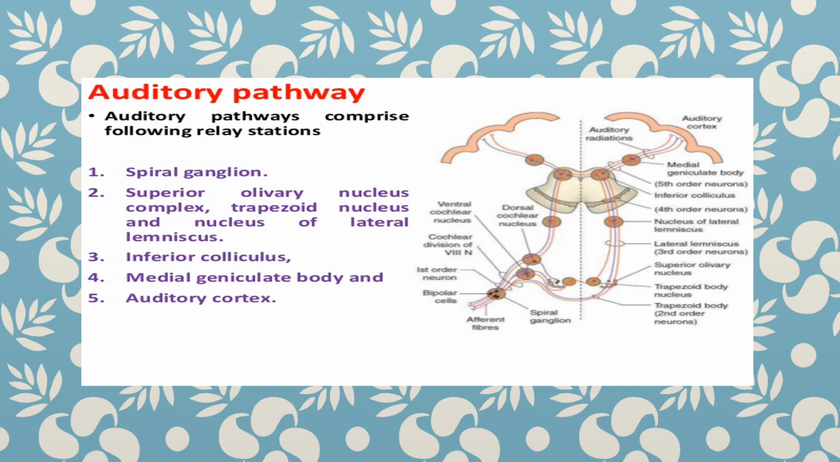On entering the pons, the nerve fibers divide to enter into the posterior cochlear nucleus and into the anterior cochlear nucleus. From the cochlear nucleus, they go towards